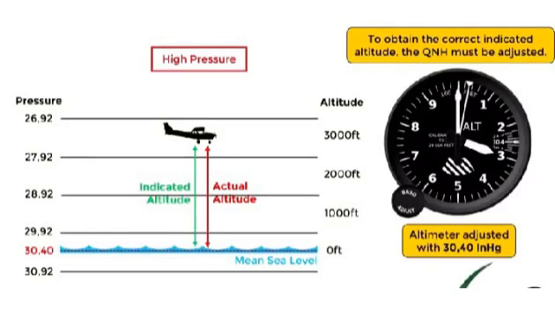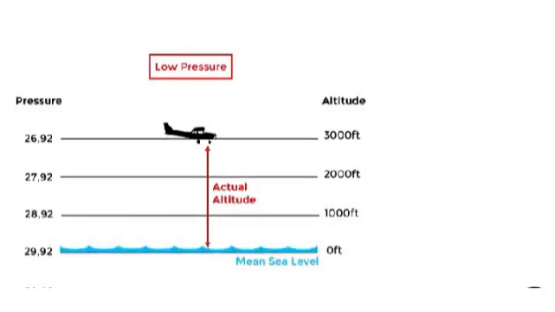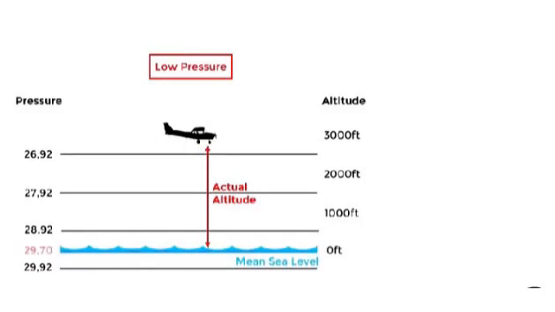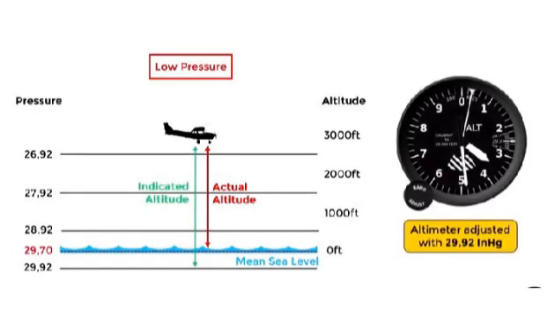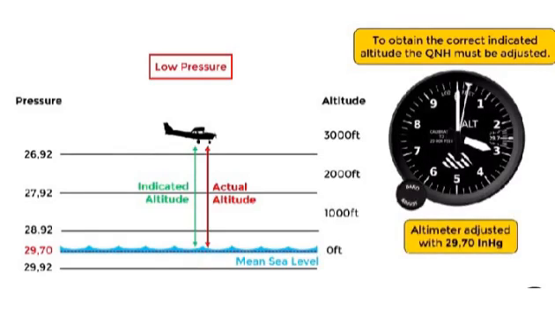case, 30.40. Now, on the other hand, the opposite happens if there are lower than standard pressure conditions. In this case, the isobars will move downwards, and therefore the pressure at sea level will be lower than 29.92, in this case it is 29.70. So, if our altimeter is still adjusted with the default setting, the indicated altitude will be higher than the actual altitude. So in order to obtain the correct altitude reading, we will have to adjust the current QNH of 29.70 as the new barometric reference. With this then, it is clear that the indicated altitude is obtained when the current QNH is adjusted on the